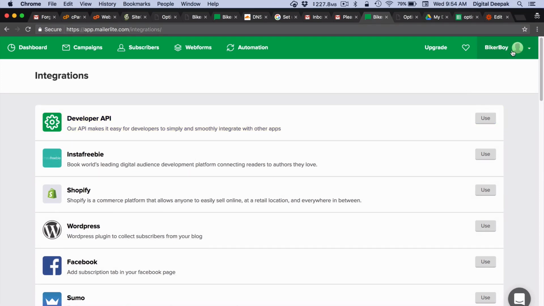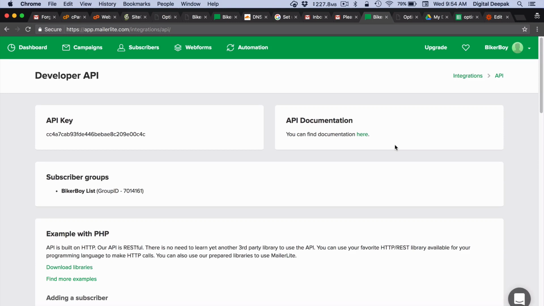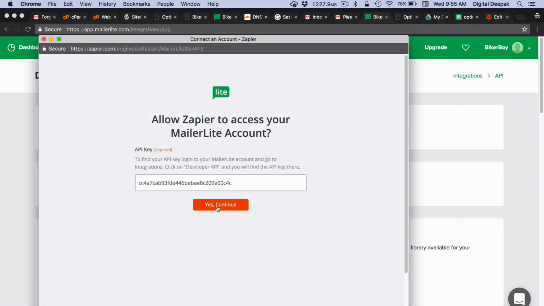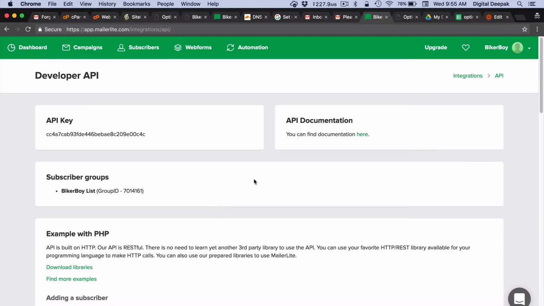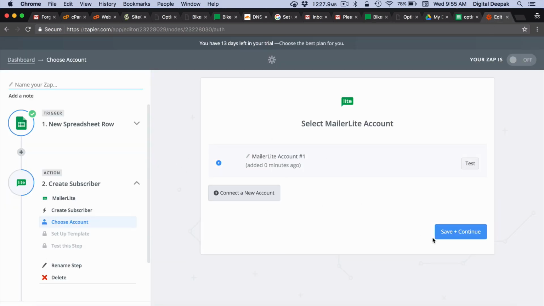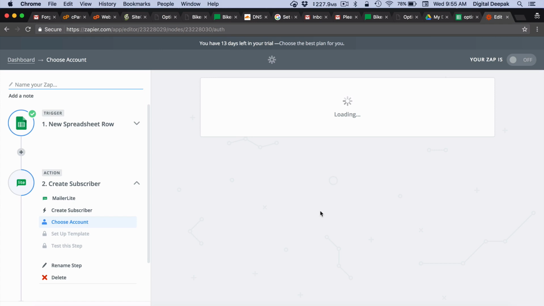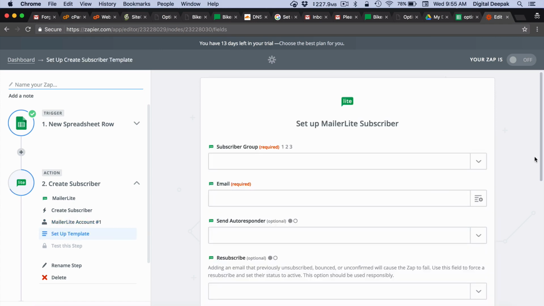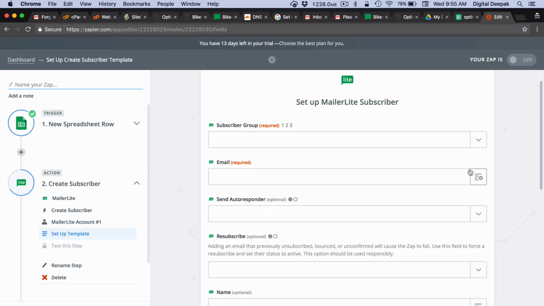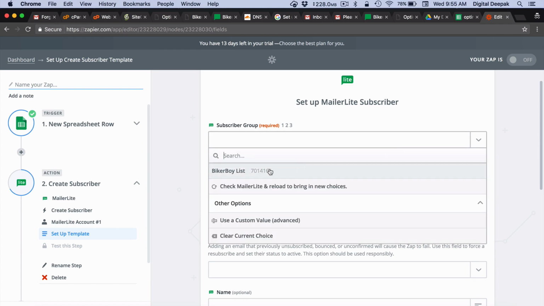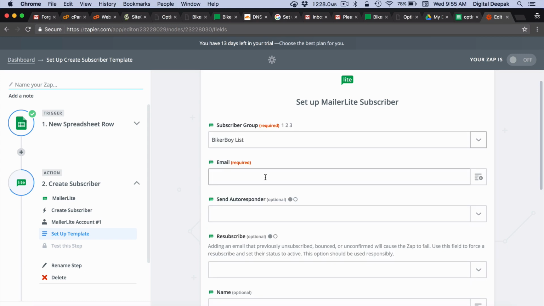So I have actually went into integrations, and inside integrations I would click on developer API here, and I would copy this API and put it back into Zapier. So here I am adding it back to Zapier, and I am connecting my MailerLite account to my Zapier account. So here you can see my MailerLite account has been connected. So it's going to be the similar process for any email marketing tool or any subscription widget tool that you are going to use. So here the default list is going to be Bikerboy list,